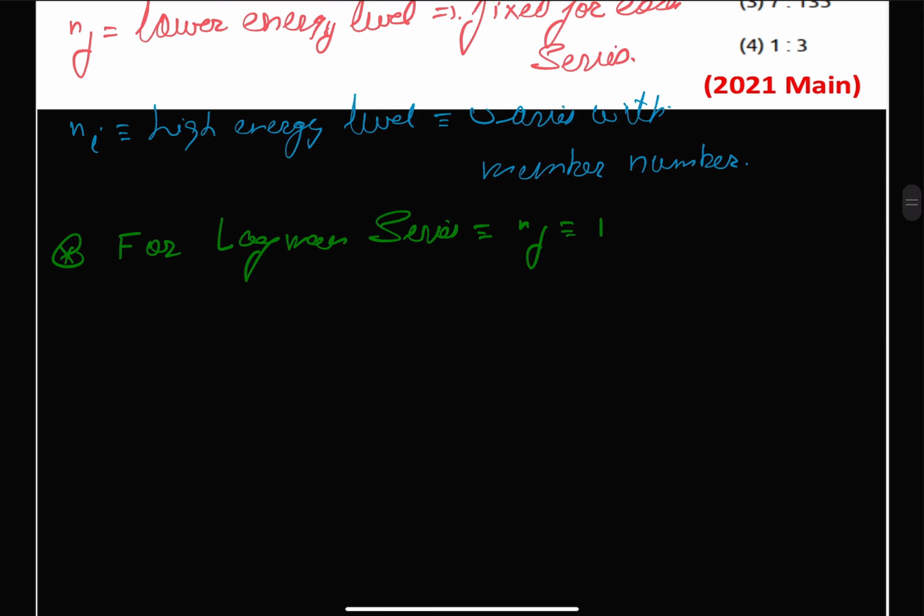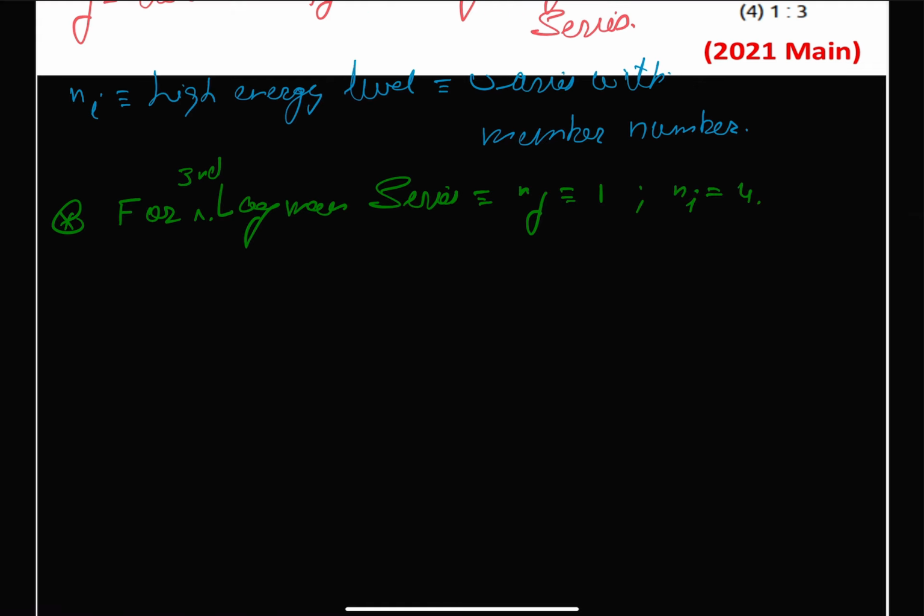So let me write it for the third member. So here our Ni will be equal to 4,